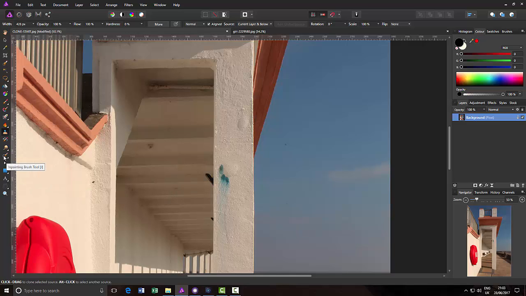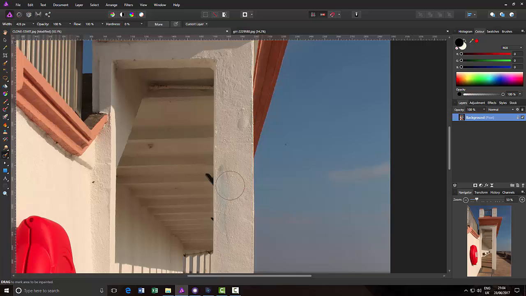It's called the Inpainting brush, which does take away a lot of the things that the clone tool does, and the keyboard shortcut is J. If I click on that and I paint over that area,